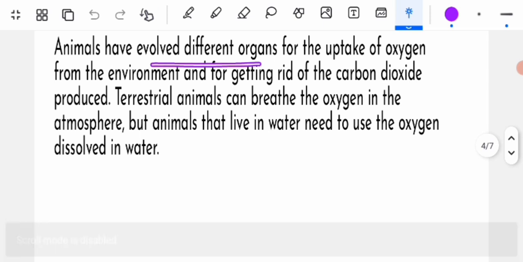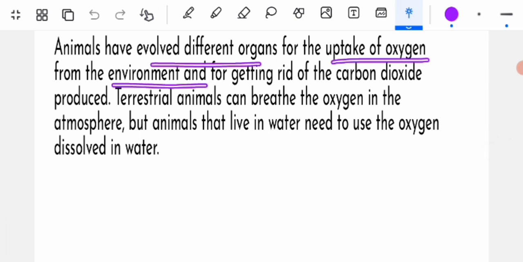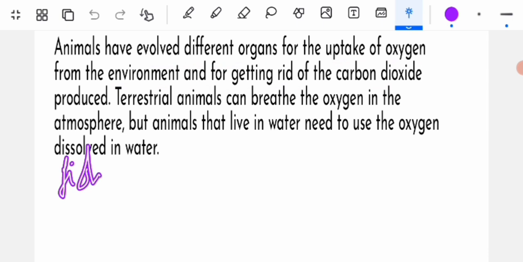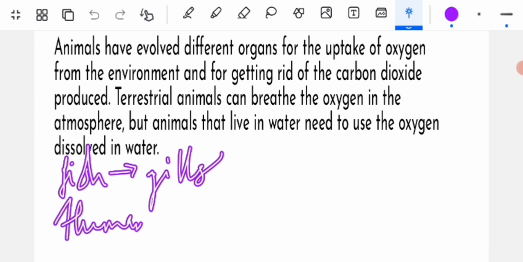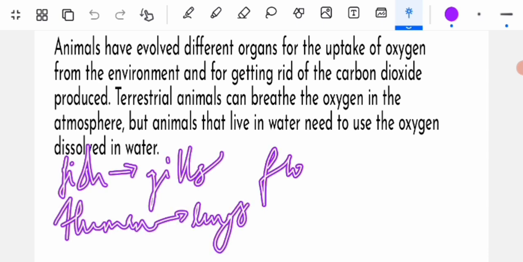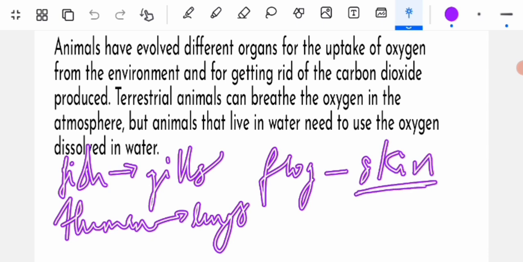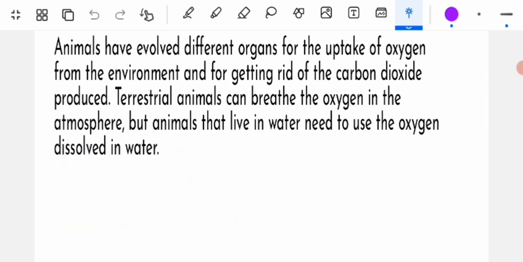Animals have evolved different organs for the uptake of oxygen from the environment and for getting rid of carbon dioxide. For example, the fish has gills as its respiratory organ, and humans have lungs. The frog has skin, which goes with cutaneous respiration. Respiring through the skin is cutaneous respiration, but the frog also has lungs, though most of the time it respires